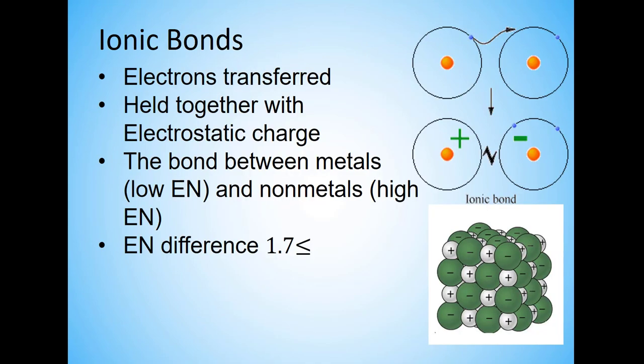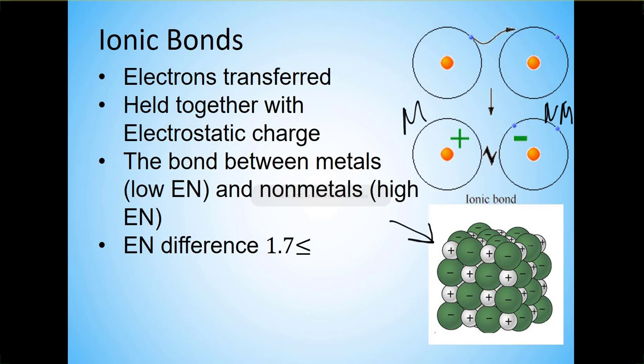The nonmetal is very electronegative. The metal has a low electronegativity, and so as a result, the nonmetal ends up taking the electron from the metal. What results is an anion, or a negative ion, and the metal becomes a cation, and so you end up with this repeating arrangement of positive and negative. So it doesn't just happen once, but it will happen hundreds, thousands of times,